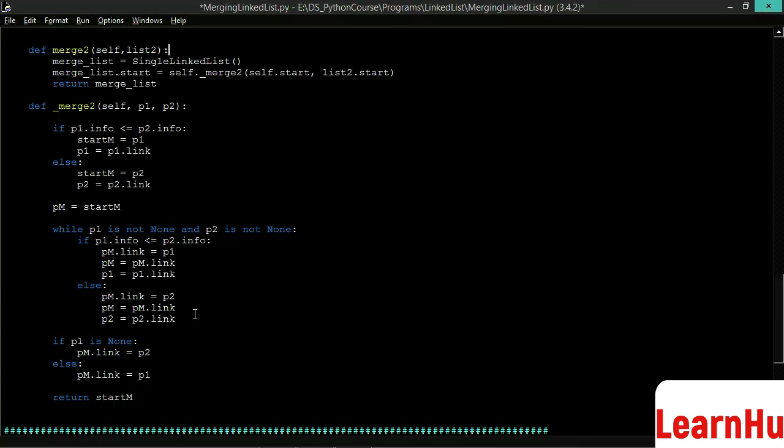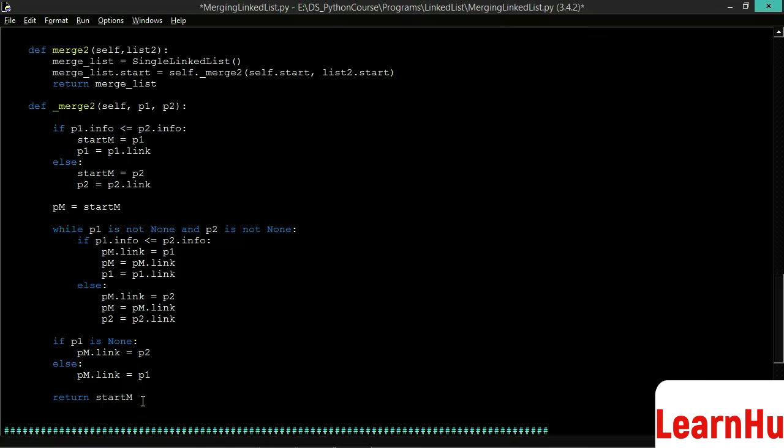Now after this loop terminates, if P1 is none, then we insert all remaining nodes of the second list at the end of the merge list. Otherwise, we insert all remaining nodes of the first list at the end of the merge list. And at the end, we return start M from this method.